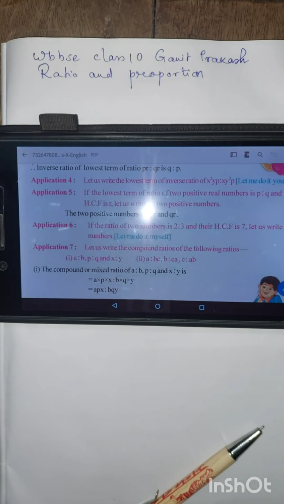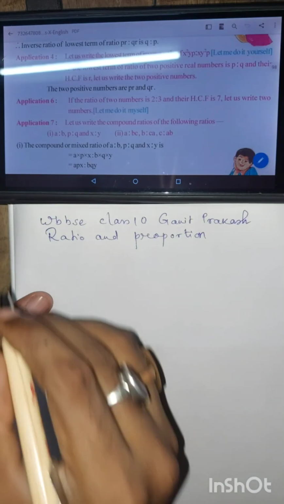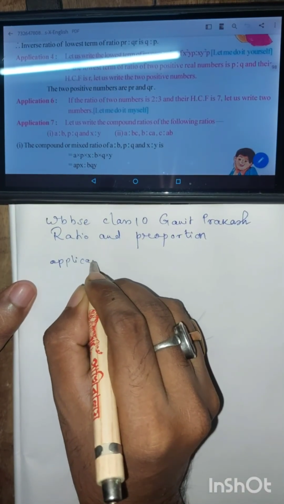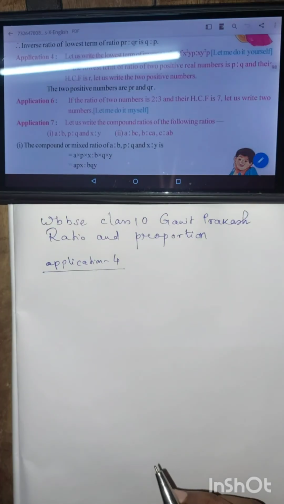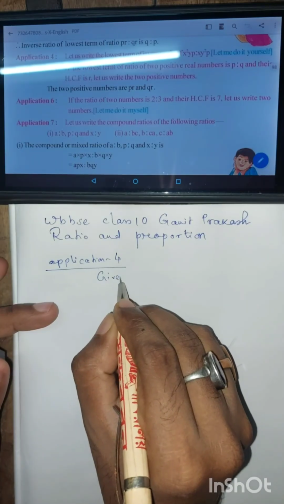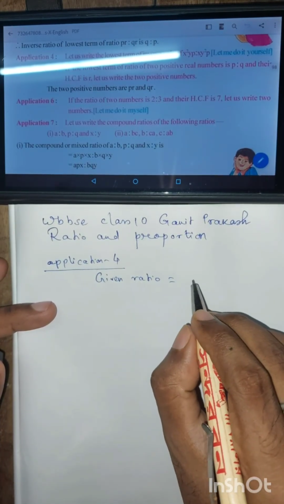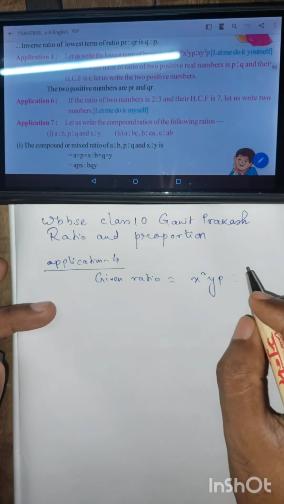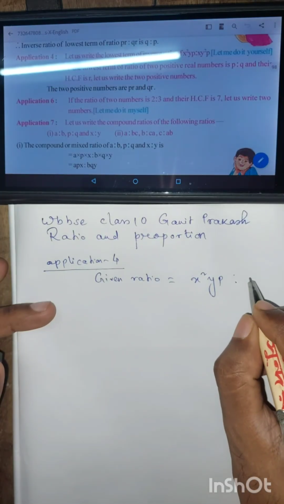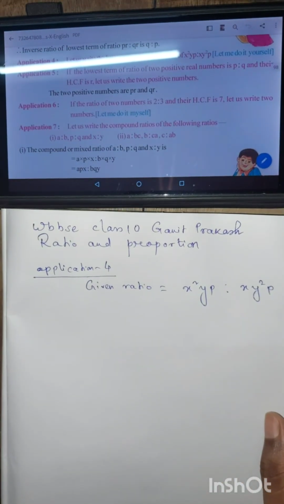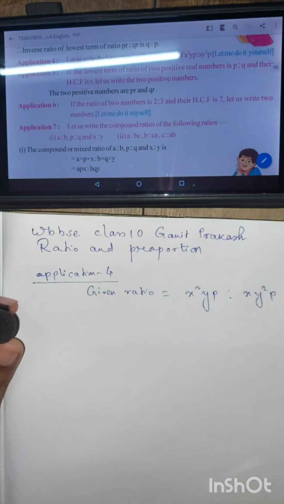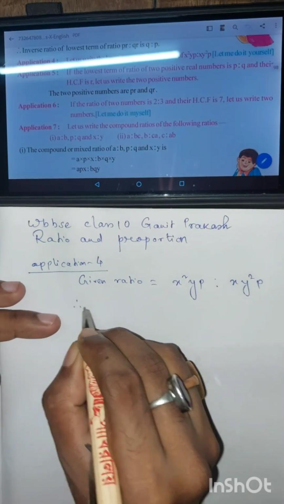Okay, lowest term of inverse ratio of x square yp is to x y square p. Therefore, the inverse ratio